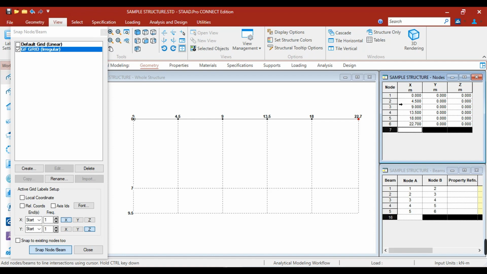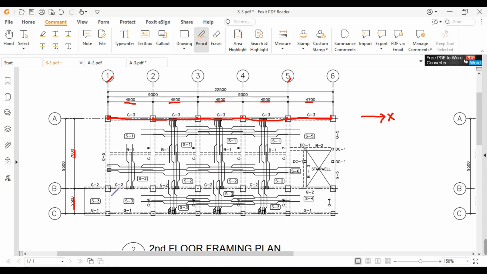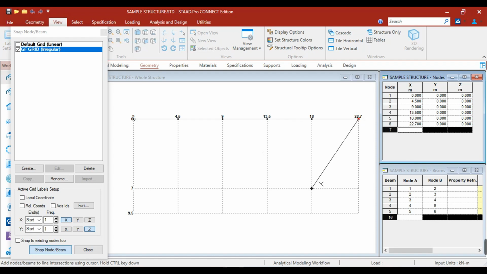Okay. So now we want to create a beam along grid line B, here to the positive X. But at this point, how can we start again at the node at the leftmost along grid line B?